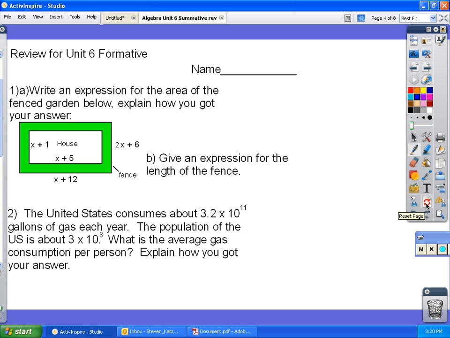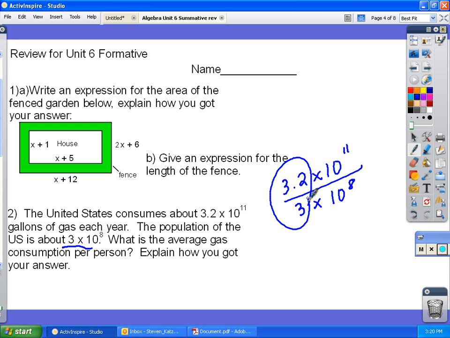Okay. Now, the United States consumes about this many gallons of gas each year, and the population is this. What is the average gas per person? So I'm going to take the total amount of gas and divide it by the number of people. And remember, when you do that, you're going to divide the numbers, and then you're also going to divide the powers of 10. So the powers of 10 we're going to leave the same and just make it 10 to the third. 3.2 divided by 3 is going to become